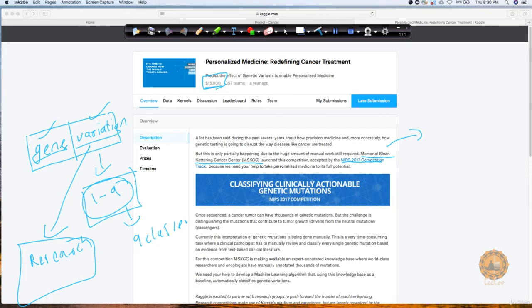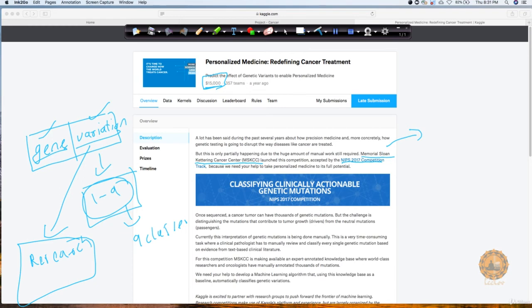And this is actually happening in the real world. Pathologists are spending a lot of time getting the answer of where this is going to belong, and that was the main challenge. It's very easy to get all those research papers because you can go on Google, type that this is the gene and this is the variation, and you will get a lot of research text about it. So collecting the data is never an issue, but going through all those research texts and getting to an answer that this probably belongs to this cancer class is very difficult, because you have to spend an enormous amount of time going through it.